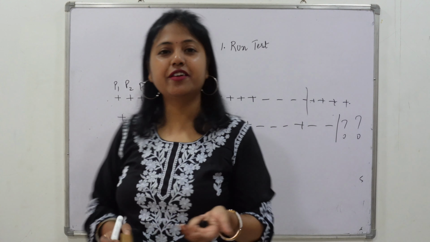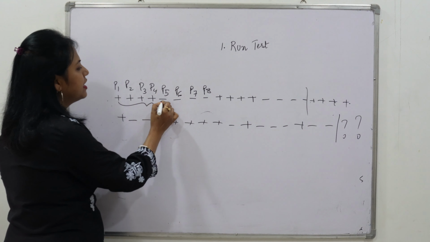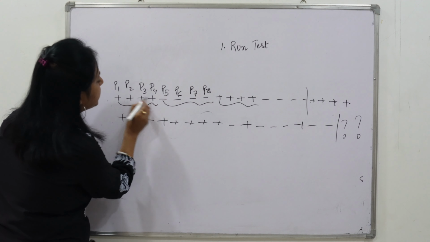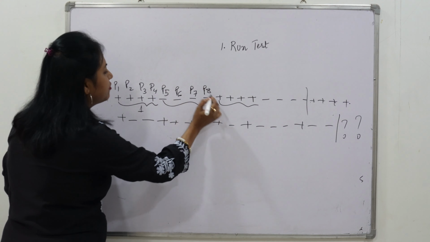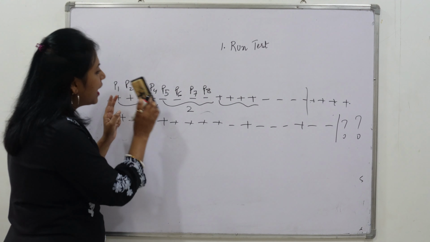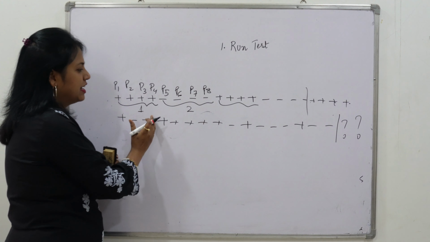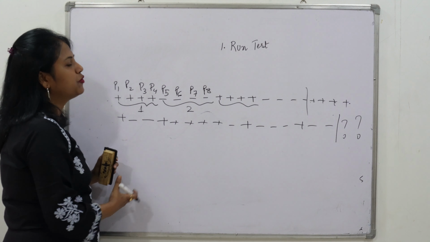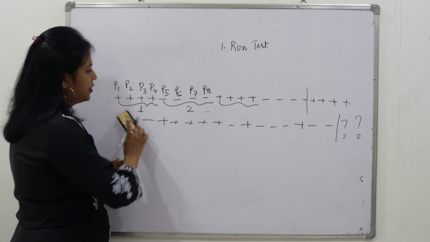So what we will do in a run test, this is known as a run, okay? This is one run, this is another run, this is another run. The similar price movement in the same direction is one run. Then we have the second run. So this is known as a run. We will have our price data, and then we will see how many runs there are and how the runs appear to be, whether they are predictable or not. So we will do it now in this video.